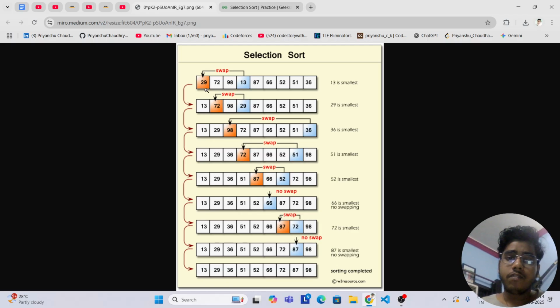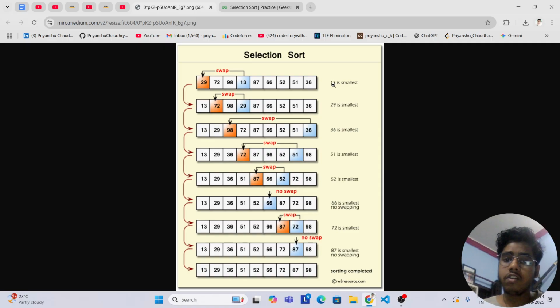Now what we have to do, we are at 0th index. Now from the 0th index up to the end, what we have to do is to find the minimum, and we can see the minimum element which we have found is 13.